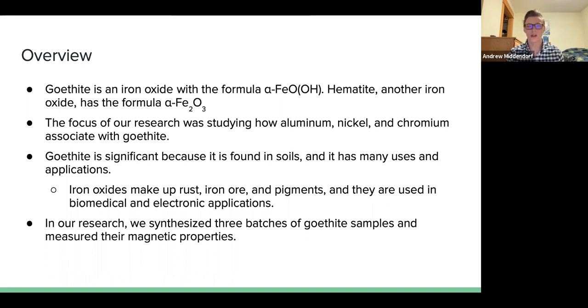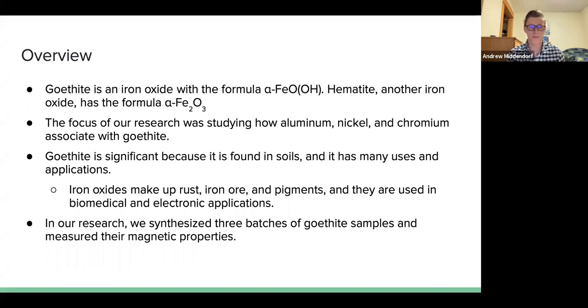These were aluminum, nickel, and chromium. And we picked these three cations, aluminum first because it is one of the most studied different dopings into goethite, and so it has a lot of published literature on it. Nickel because it has a +2 valence and it also had a similar method of preparation as the aluminum samples. And then chromium because it has a +3 valence, and then it has a similar method of preparation as the